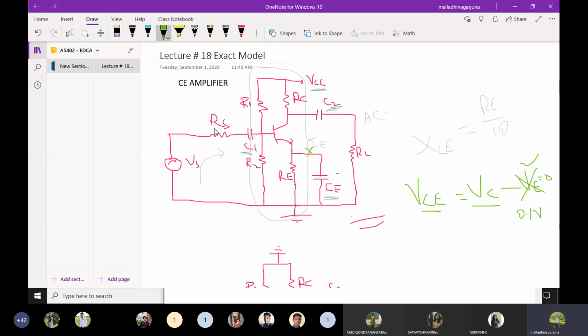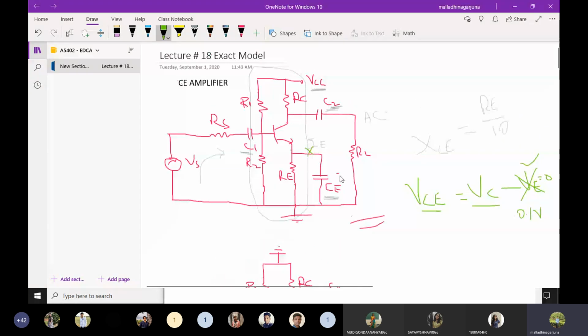So this is the description. RS is nothing but the source resistance, the input resistance, and RL is the load. R1, R2, RE are the biasing resistors, and RC offers the output impedance to the collector. We already saw all this description in the previous class. Just to recall all the concepts, I am explaining these things again. I hope you note down the circuit diagram parallelly, along with whatever points I'm telling you.